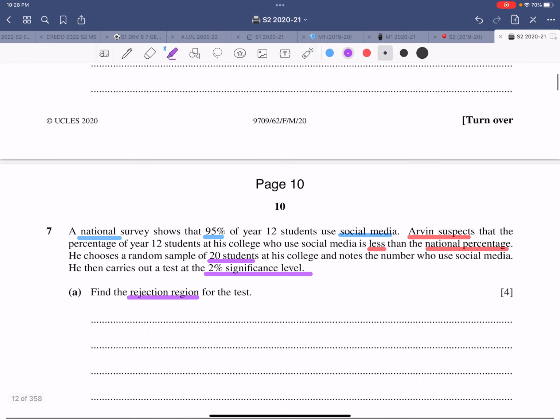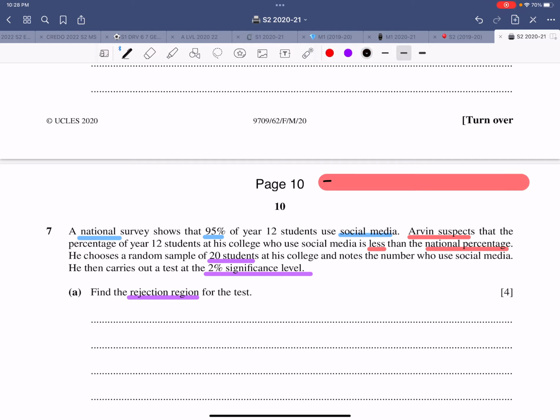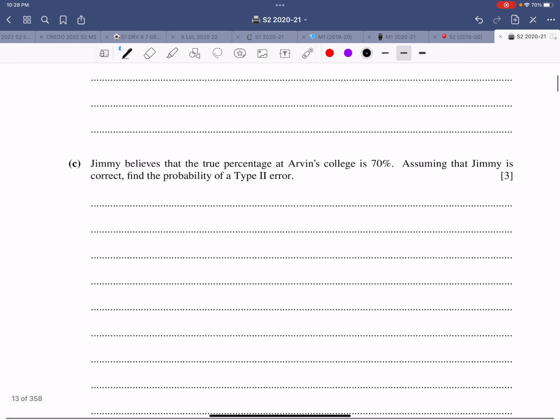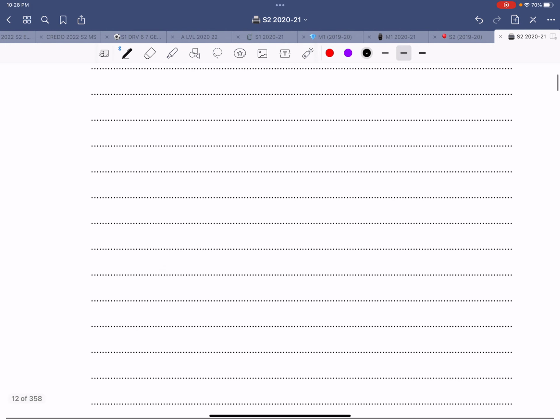So first of all, let me label the question. This is about type 1 and type 2 errors, and naturally rejection region, and the distribution is the binomial probability distribution. This is for 4 and 1 is 5, 5 and 3 is 8 marks, but one part would be